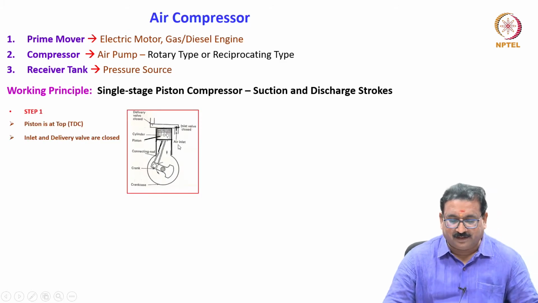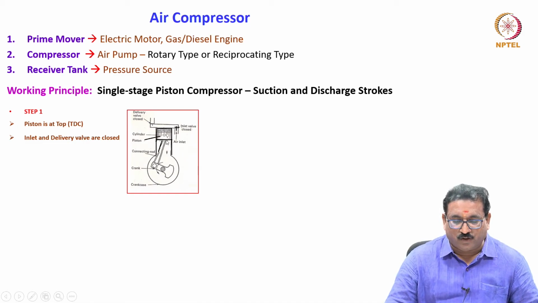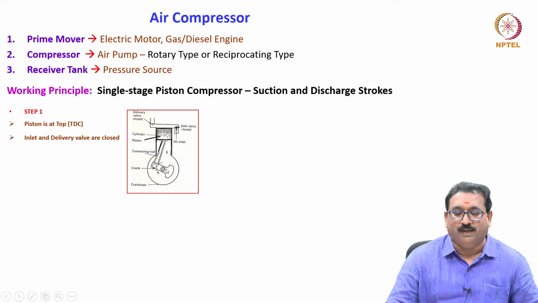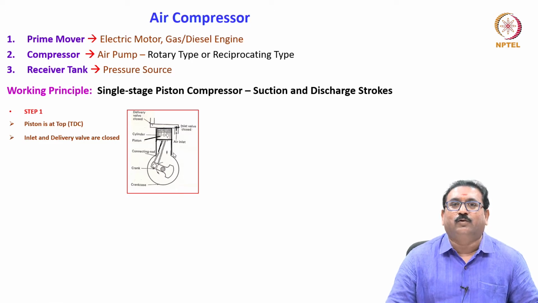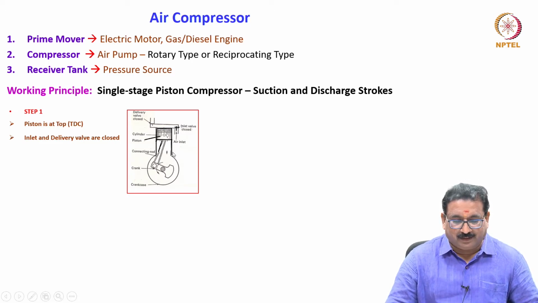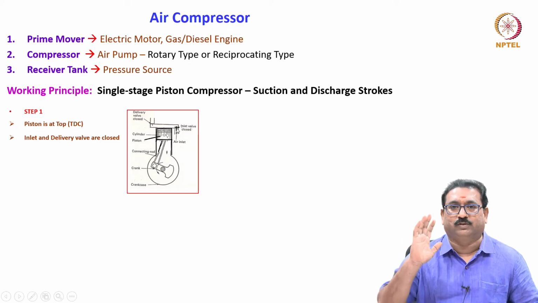Here I have shown the piston and cylinder arrangement. See here, this is a piston, a connecting rod and a crank. The crank will rotate, meaning if it rotates, what happens? Here you will see, friends, the inlet valve is there, the outlet valve is there. What is step 1? Also remember, friends, it is top dead center, and then it moves to bottom dead center, similar to what we studied in 2-stroke and 4-stroke engines. Now the piston is at top dead center. What happened? Inlet and outlet valves are both closed.